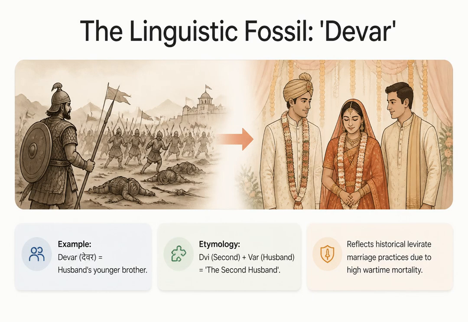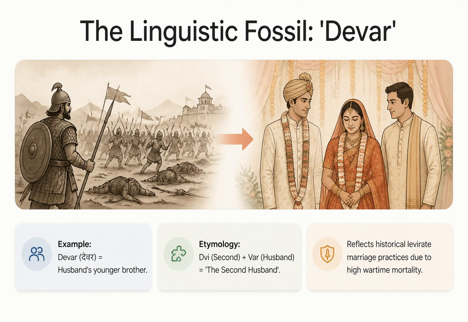Let's look at a fascinating example of this linguistic fossilization. In Hindi, the word for a husband's younger brother is devar. Etymologically, dvi means second and var means husband, literally the second husband. In ancient times, due to high male mortality in warfare, a widow would often marry her younger brother-in-law to protect family property. Today, that practice is largely gone, but the word devar remains in daily use, preserving the memory of